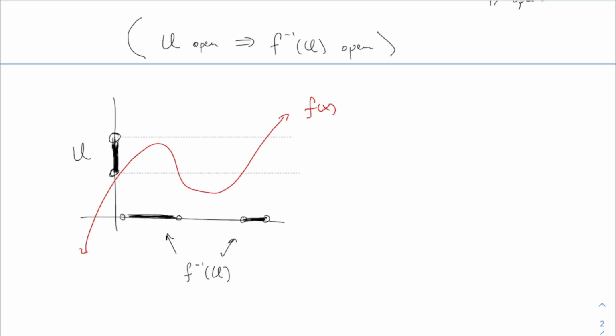Remember, F inverse of U, the pre-image of U, is a set. And in this case, it's actually a disconnected set. It has two parts to it. That's the pre-image of U. All right? And do you agree that because U is open, that is why F inverse of U is open